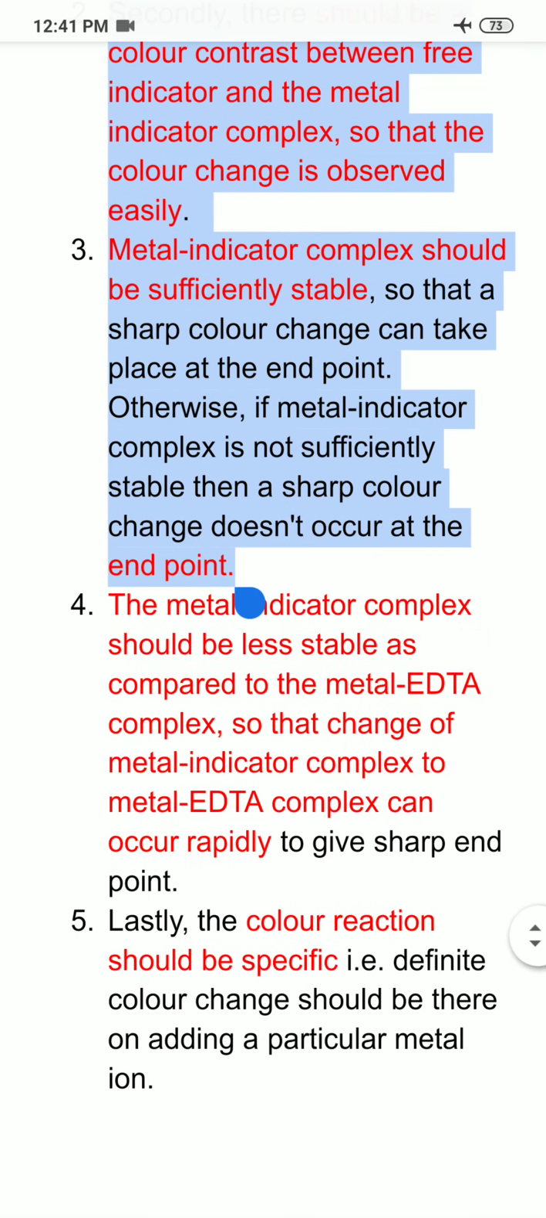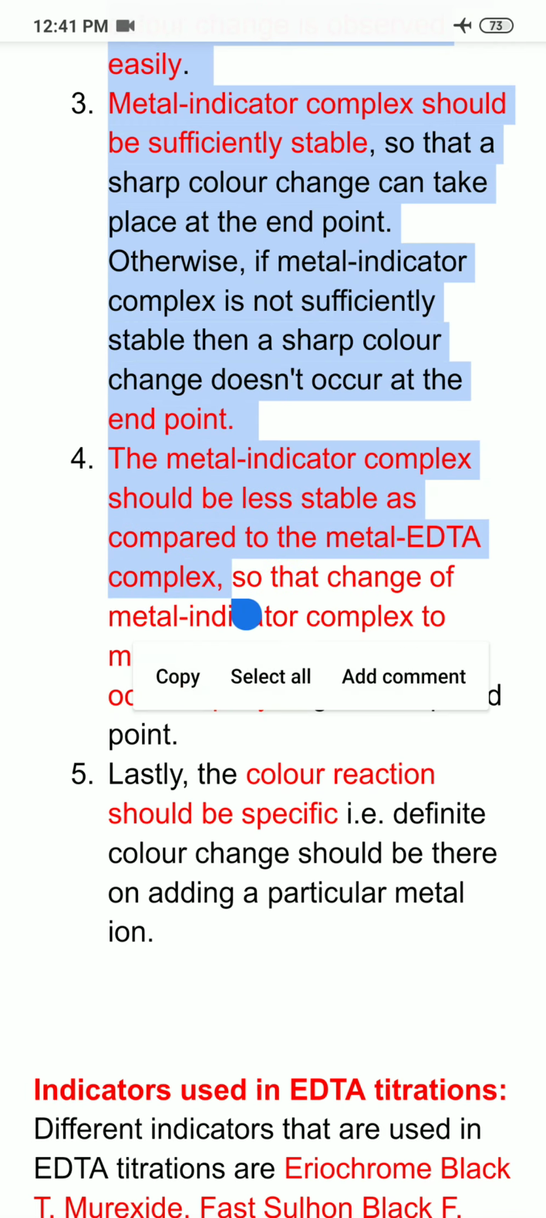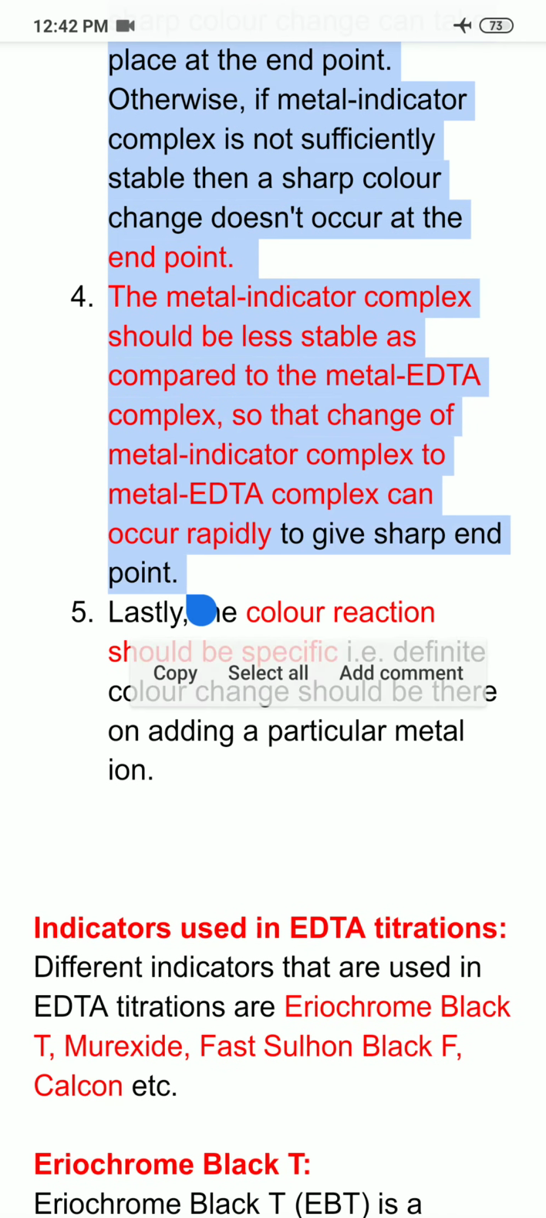the end point. Next, the metal indicator complex should be less stable as compared to that of the metal EDTA complex. Why? Because metal indicator complex will change into metal EDTA complex, to set indicator free only if metal indicator complex is less stable as compared to the metal EDTA. Otherwise, EDTA will not be able to replace the indicator from the metal ion and we will not get any change in color. So it is necessary that metal indicator complex should be less stable as compared to the metal EDTA complex to get a